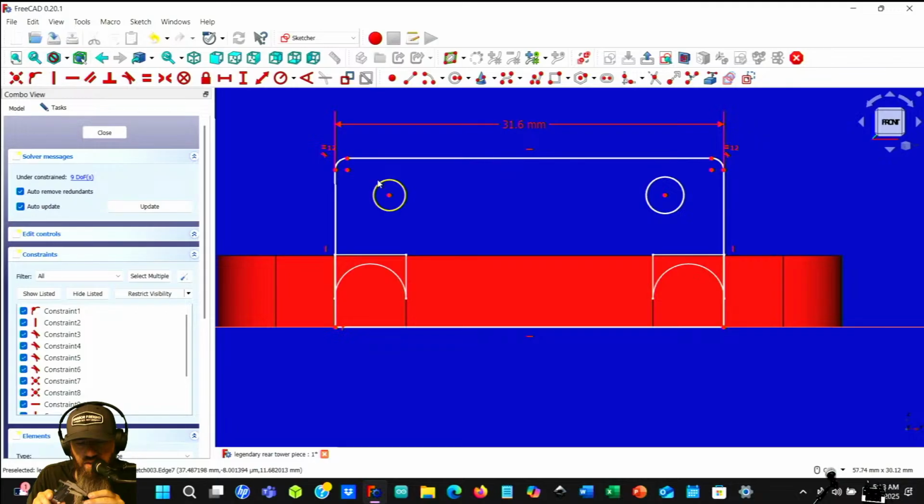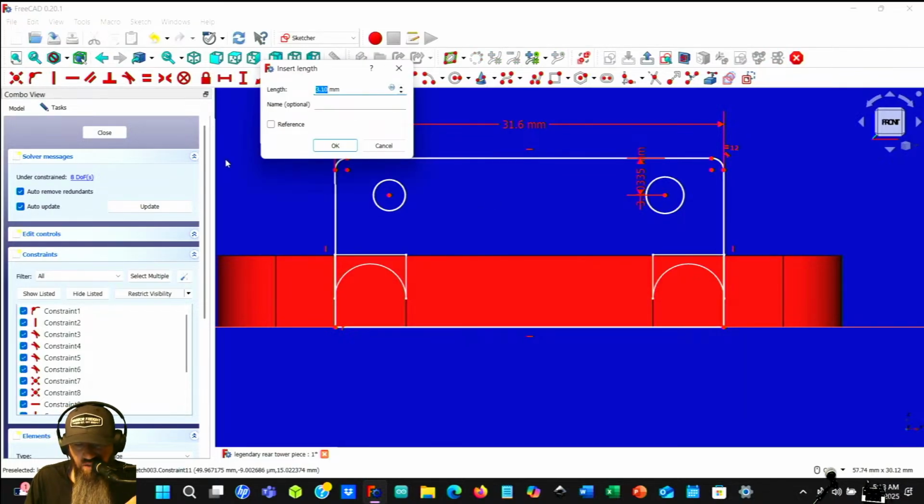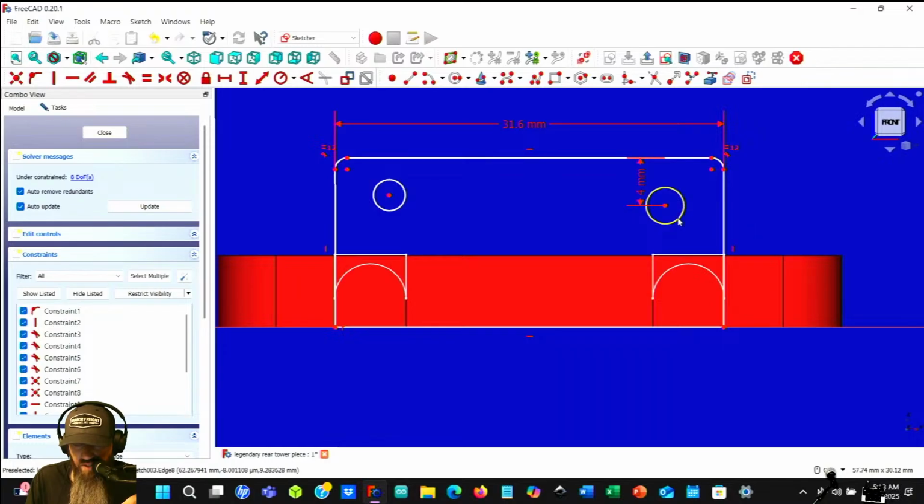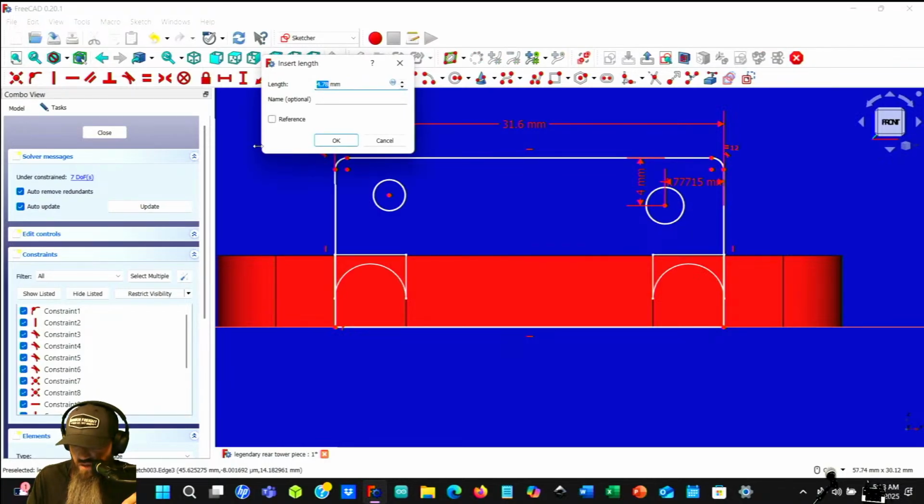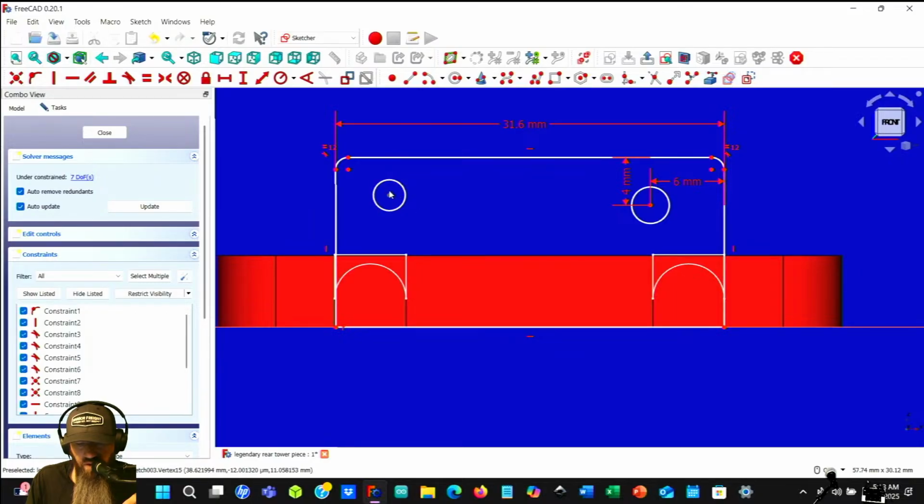So it looks like these holes are 6 millimeters from the side and 4 millimeters from the top. I don't know why that stopped working. I swear, sometimes that distance button works and sometimes it doesn't, and I don't know why.